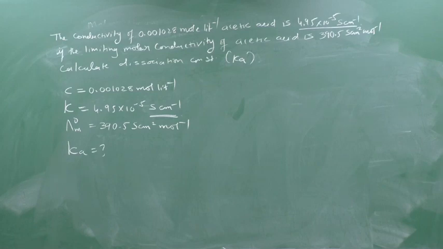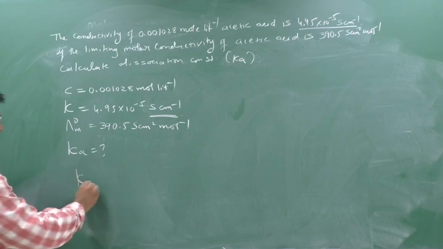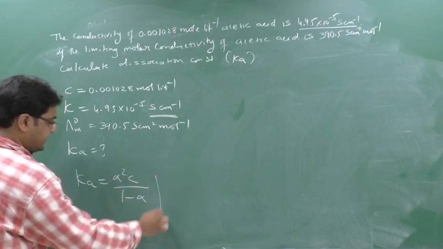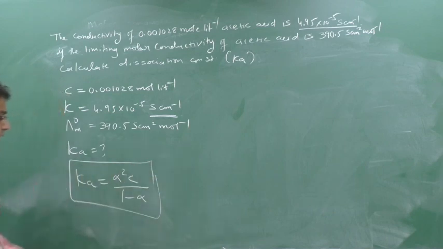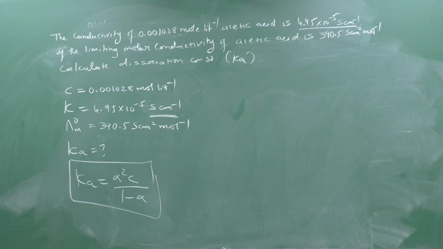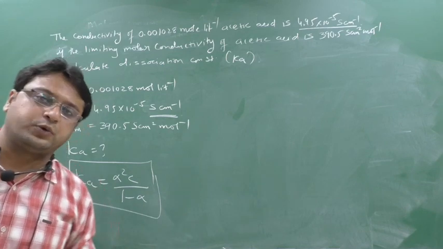That equation was lambda m square C divided by lambda m naught into bracket lambda m naught minus lambda m. Either you use this formula to determine Ka, or the basic formula will also work, that is alpha square C by 1 minus alpha. You can calculate both ways, but I suggest you use this method. It is very easy. That equation which I have derived is only for your MCQ 2 mark question.